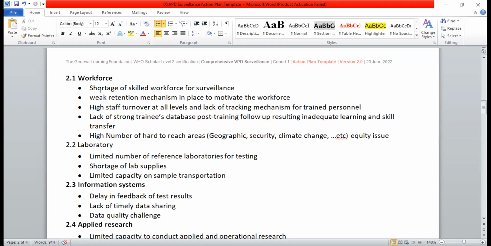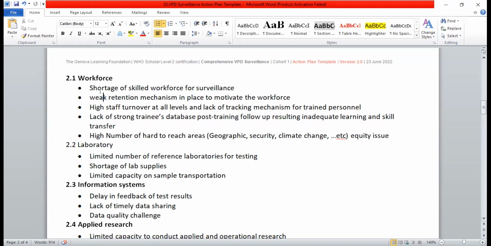There is also no tracking mechanism for the trained personnel, a lack of a strong trainee database, and post-training follow-up, resulting in inadequate learning and skill transfer. There are many hard to reach areas geographically, there is a security issue, and there is also a climatic issue. Generally, we can say the equity issue is there. So this is highly impeding vaccine preventable disease surveillance in Ethiopia.